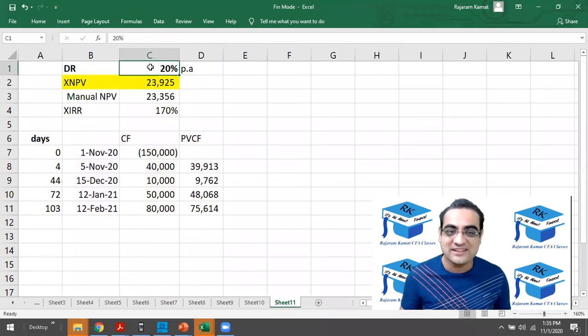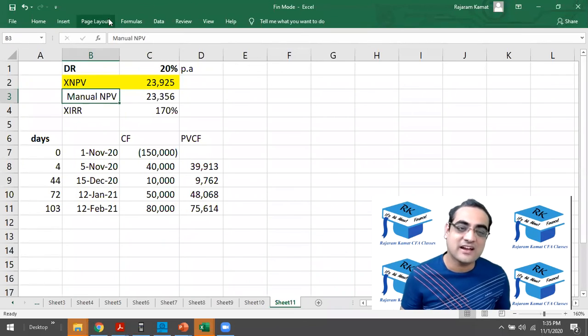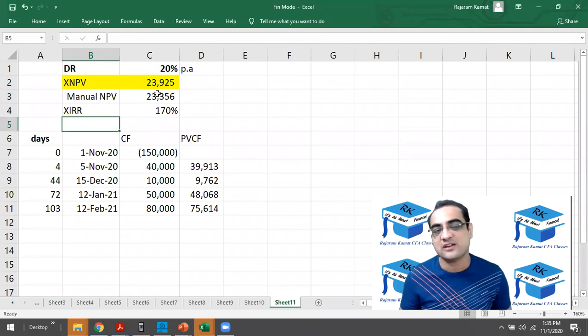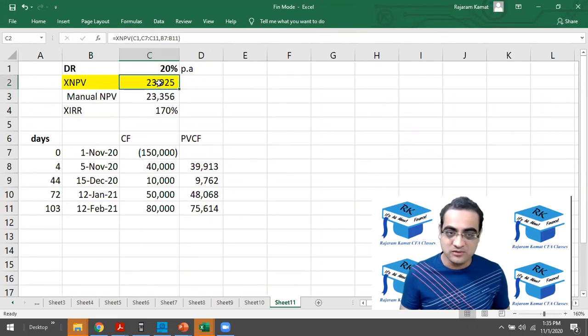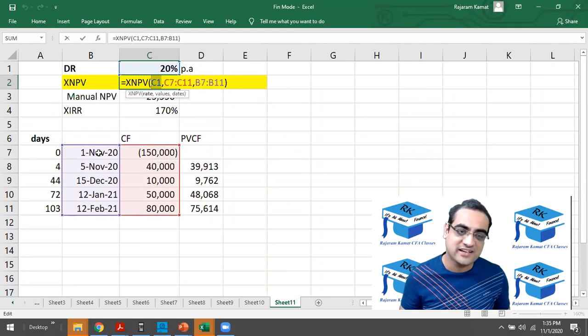That's what I'm saying, I cannot tell you because it's inside the XNPV function. So you need to find out what is inside the XNPV function, and then tell me what is wrong with the XNPV function or what is wrong with our formula. I'm saying there is no mistake in XNPV. The first input is the rate, the second input is the values, and the third input is the dates, which are put properly.